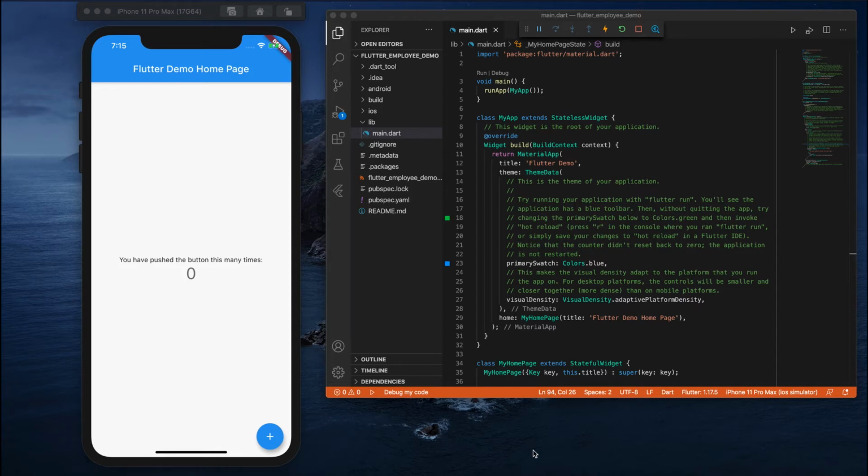What I mean to say is we are navigating from one controller to another controller, which is nothing but working with multiple controllers. We have different screens, and we'll see how we can navigate from one screen to another screen.